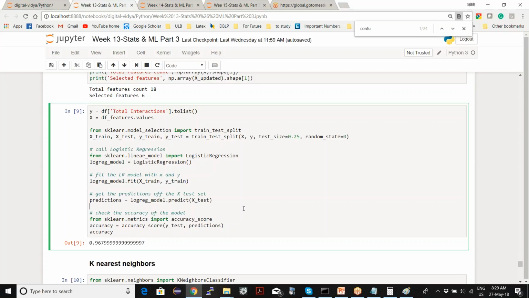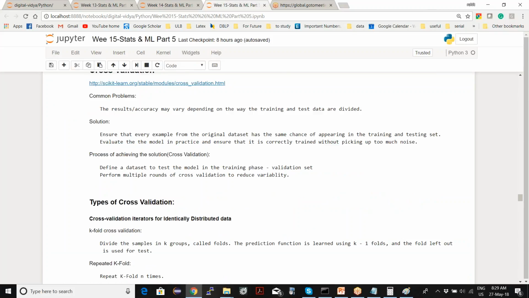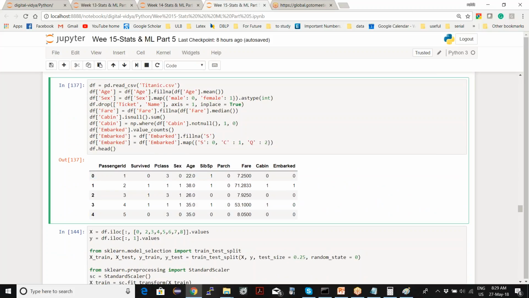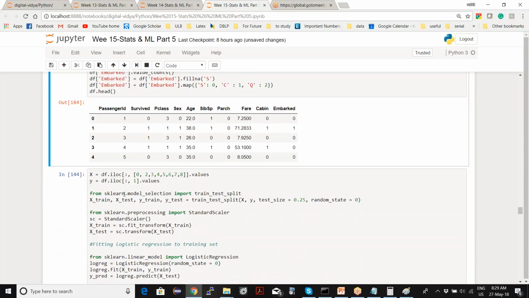You remember this step? This is, I think, logistic regression. Now what if I just change this from 25 to, suppose, 30? Now it is 96.79%. I have to run the whole thing. I think I have an example here also. Yes, this is my Titanic data set. I created X and Y. X is on these values, Y is survived, yes or no.